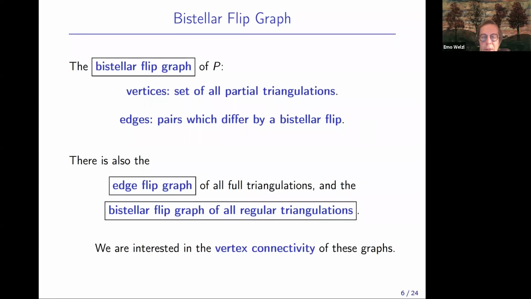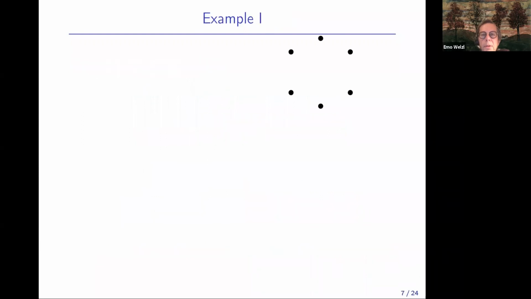And what we are interested in is the vertex connectivity of these graphs. So how well connected are these graphs? And actually, I will later even give you a definition of what is the vertex connectivity of a graph. So I think now it's time to go through a few examples, and that will also allow me to provide